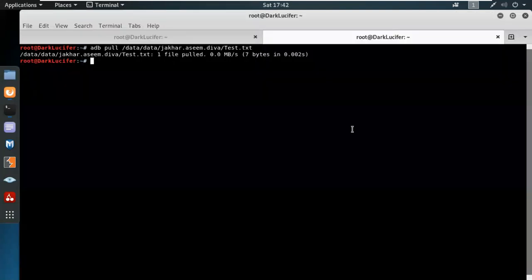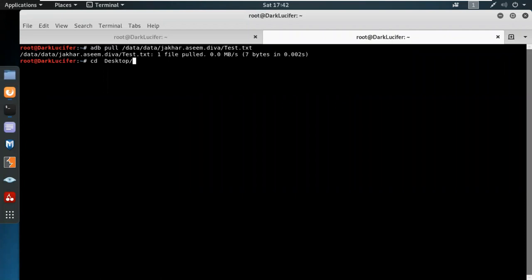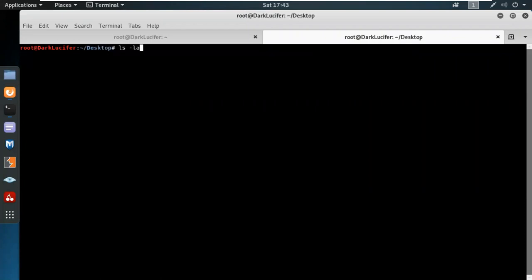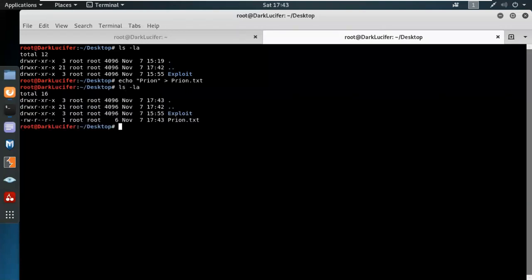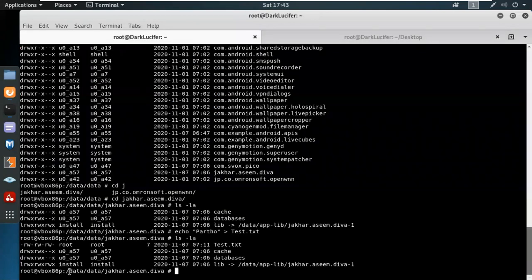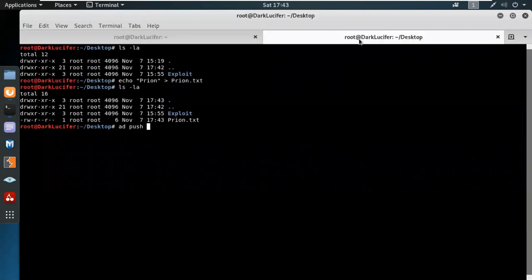Let's try something new over here. So I'm going to go to the desktop directory. Yeah, so we are on the desktop. Let's make a file: echo Brian and make a file called brian.txt. Yeah, so this is a text file. So what are we going to do? Adb push. So we're going to do adb push now. We should know the directory. Otherwise, you can do one thing: push brian.txt